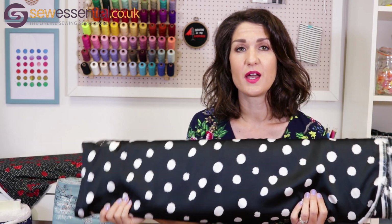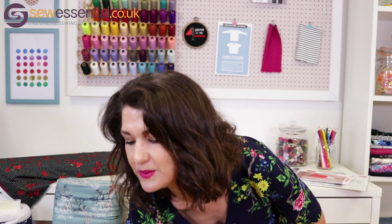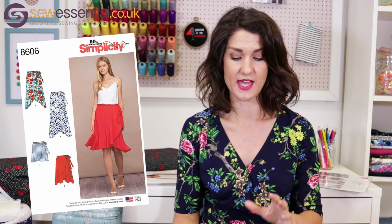Polka dots are so on trend this summer. I keep seeing them in all my favourite high street stores, and the pattern I chose for that fabric was Simplicity 8606, which is a lovely skirt. It's a wrap skirt with options for ruffles or without. There's a knee length version and a maxi length version, and one of the ones on the packet is in polka dots, and I just keep seeing these everywhere in some of my favourite